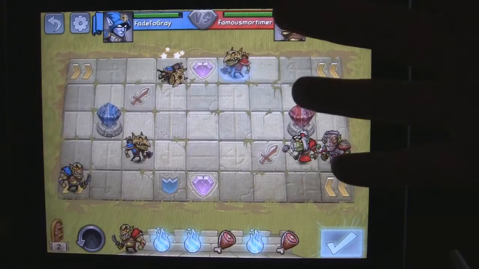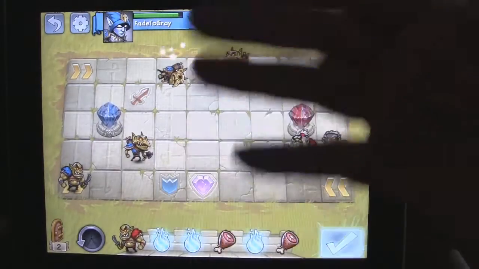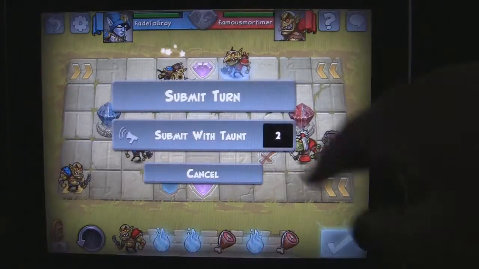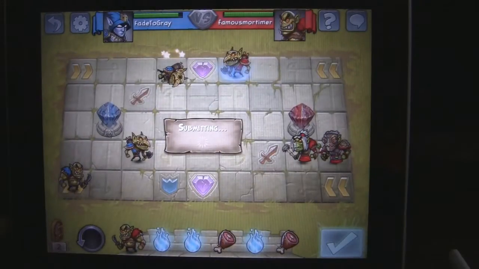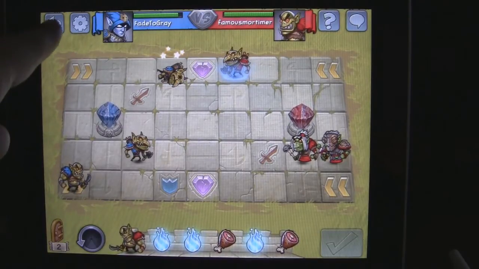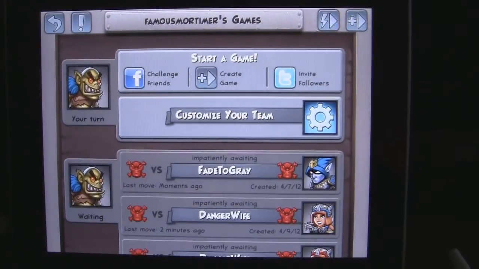And I don't really have much to control the board, so I am instead just trying to pick off his guys one by one, which is why I went and killed that guy. So that is why I did that. And that would be my final turn. So hopefully some stuff happened that